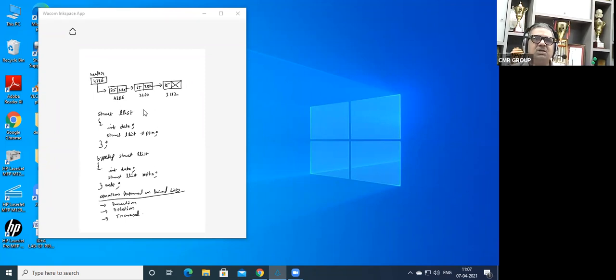For example, insertion means I want to insert a node between the second and third node. So it comes here. I want to delete the second node, so I would delete this particular node. This is deletion. So this is what you are going to do one by one. So first of all, did you understand how to create a node? This is how you are going to write in the main program when we start writing.